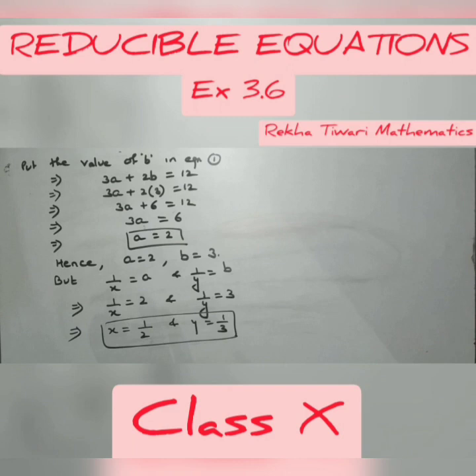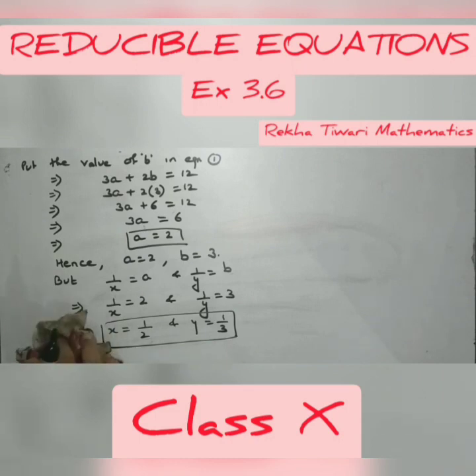All the methods which you have to apply to solve the values are same. Either you use elimination or you use substitution or cross multiplication. But before that you have to reduce the equation if it is not in the proper form. Not in the proper form means if the variables are given in the denominator.